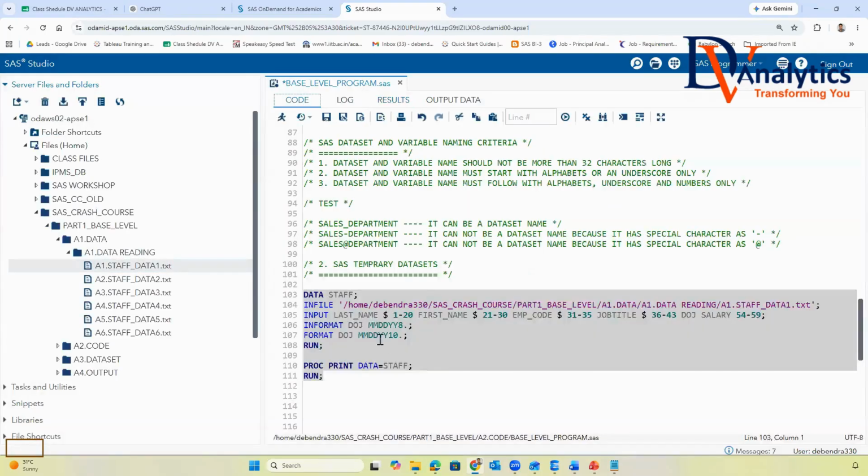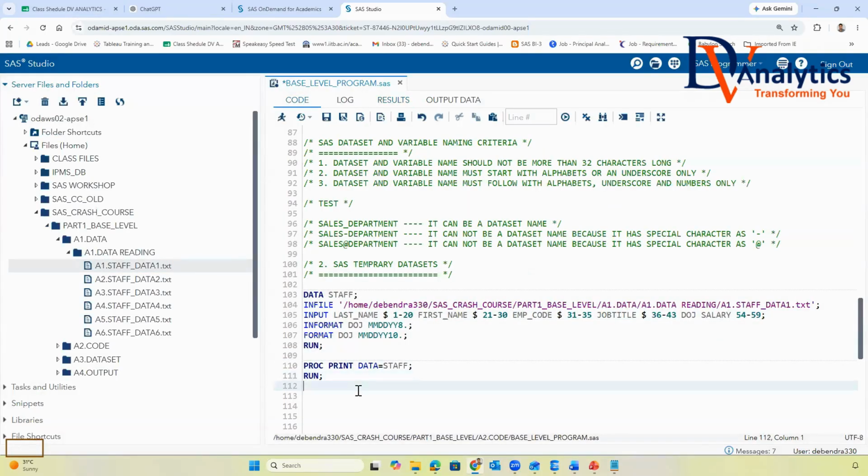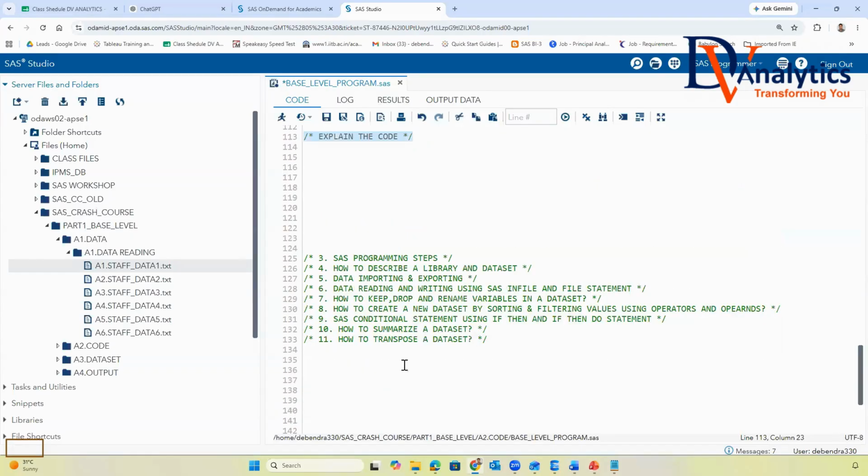I'll explain this code now, right? In this program, how will you explain this code?